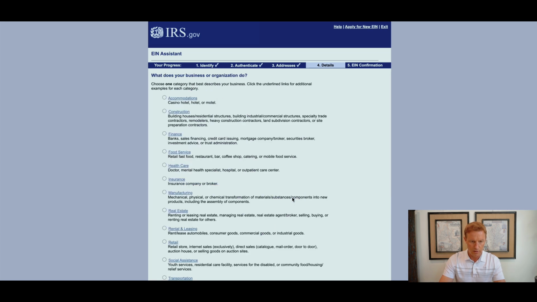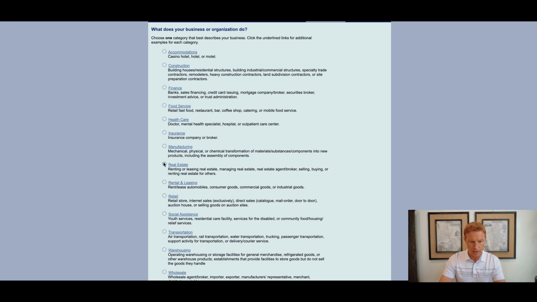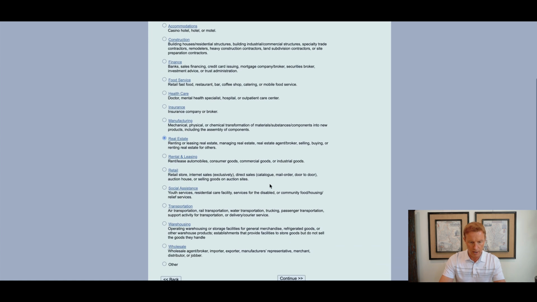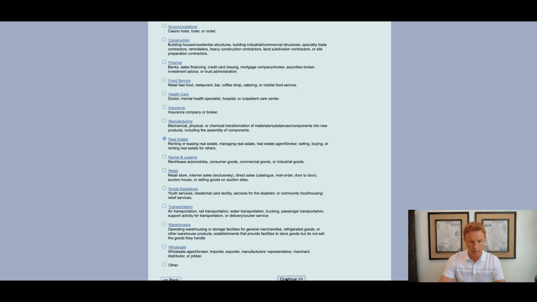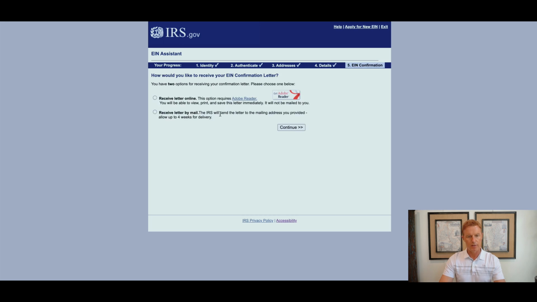Continue. Okay, what does your business or organization do? In my case, it's a real estate entity. Press continue. My entity will rent or lease property that I own. This entity is for rental properties. I rent residential real estate rather than commercial real estate. Continue. Okay, I'm on the final page here, and I can choose either to receive the EIN letter from the